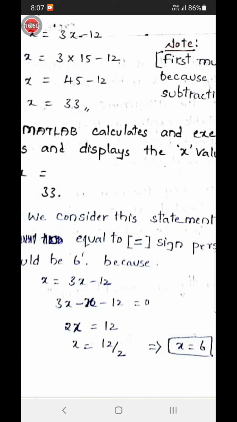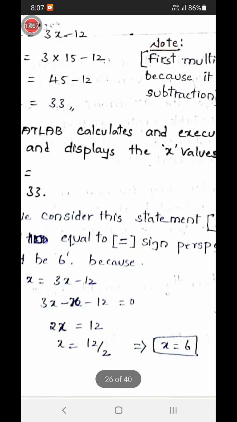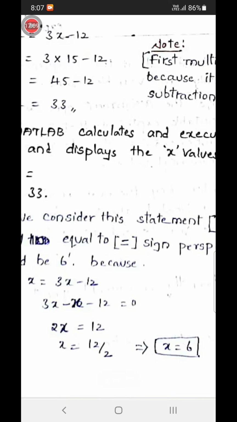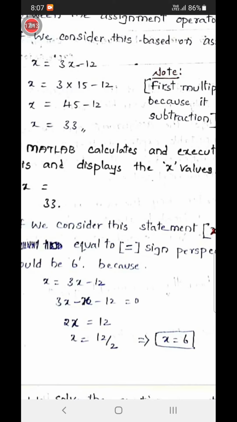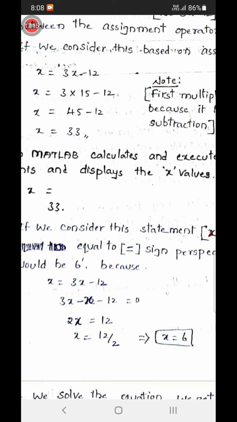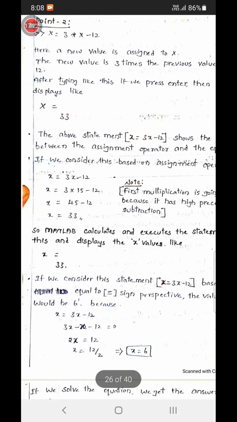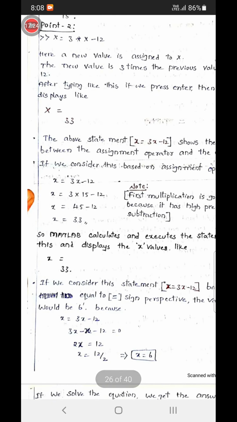You all already know these rules, right? So 2x equal to 12, x equal to 12 by 2, so x equal to 6. That is when we consider this expression from the equal to perspective. So what is the difference here?